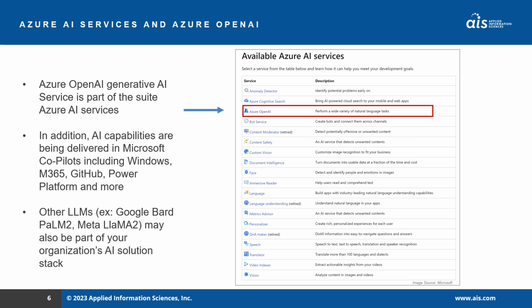And even extending beyond the Microsoft capabilities, when we look further, we see that there are other LLMs that will eventually be available, potentially to use within your organization. So you also have to think about how you're going to govern not only the Azure OpenAI or OpenAI type models that you'll get through Azure OpenAI, but also that more broad set of models that come from other parties such as Meta or Google.